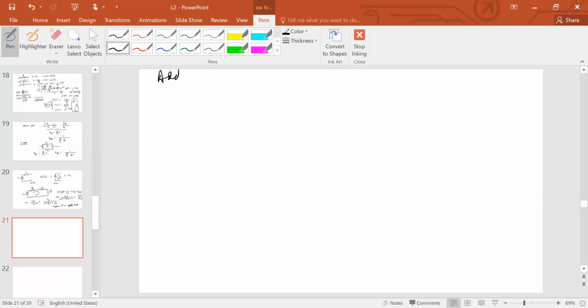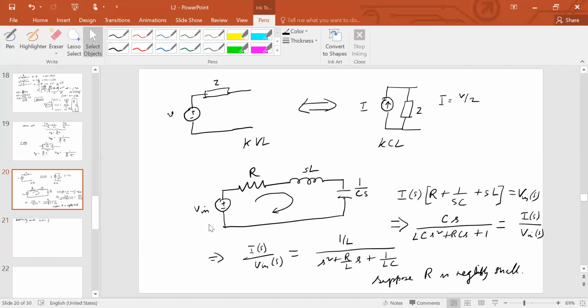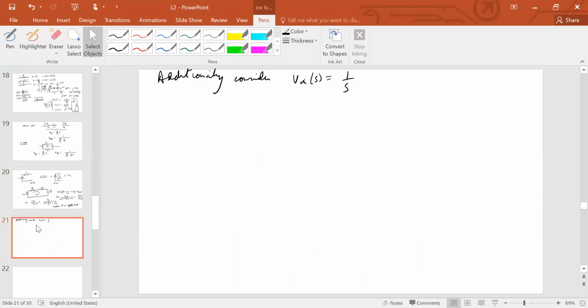Additionally, consider V in S is equal to 1 over S, which just means that it's a step input. So this is basically a constant voltage applied at t is equal to 0, like a DC. Then what would the current look like? Now let's see. Therefore, we have